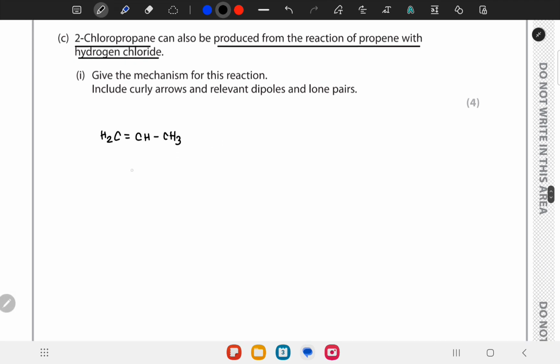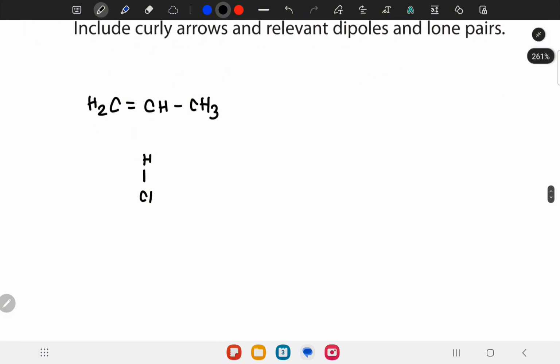So for this we'll have HCl over here. The hydrogen is electropositive while the chlorine is electronegative. The electron rich double bond will break, giving hydrogen its electrons, and this bond will break, giving chlorine the electrons. Then we'll have H